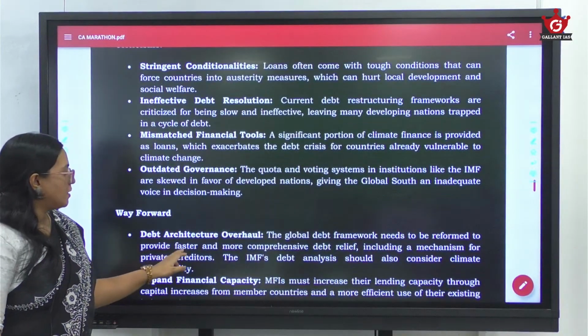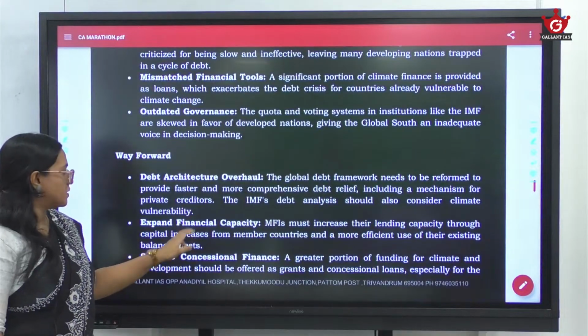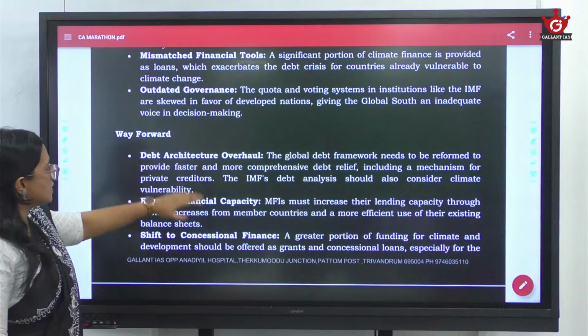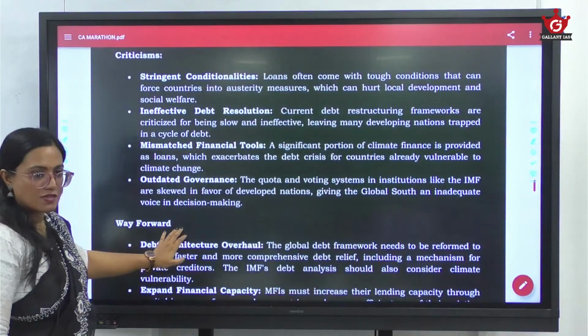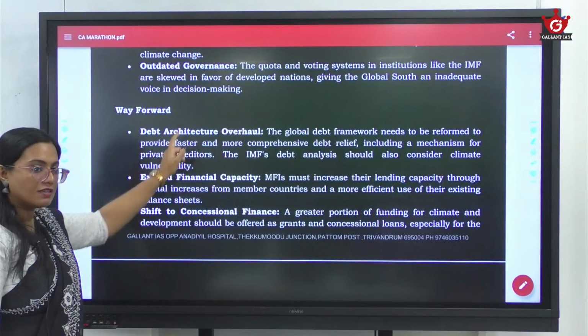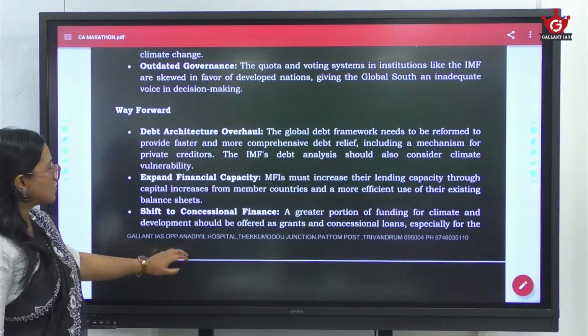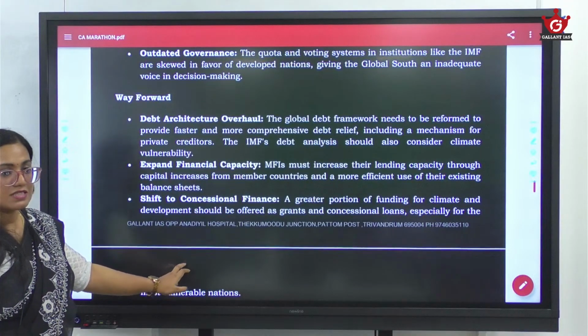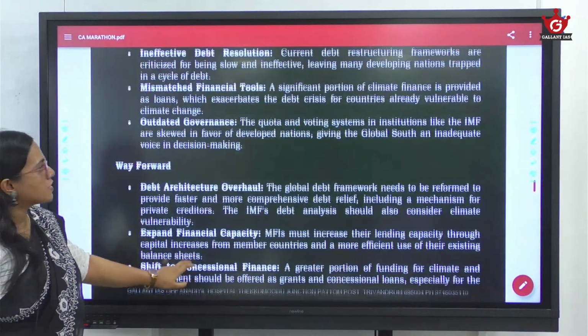Okay. Then how can we overcome this? This way forward is based on these challenges, and that's the reason why it is given as different points. It's based on these challenges. Debt architecture overall, expand financial capacities, shift to concessional finance. These are the points which actually, this is the role of